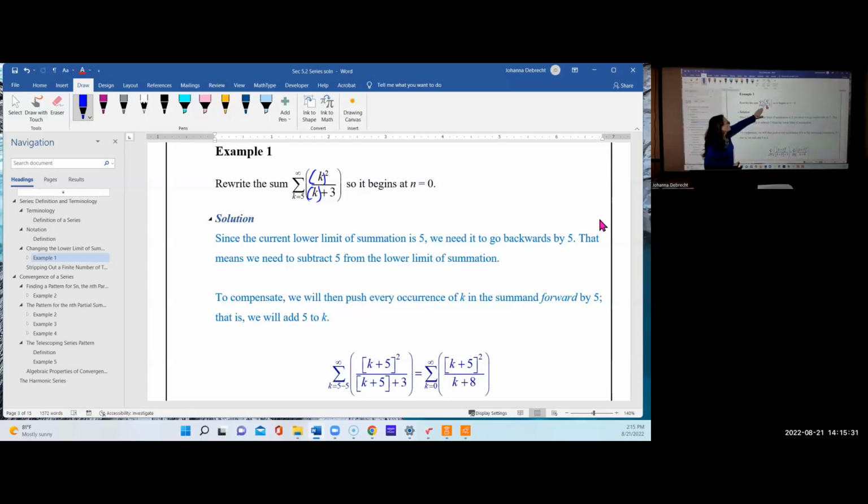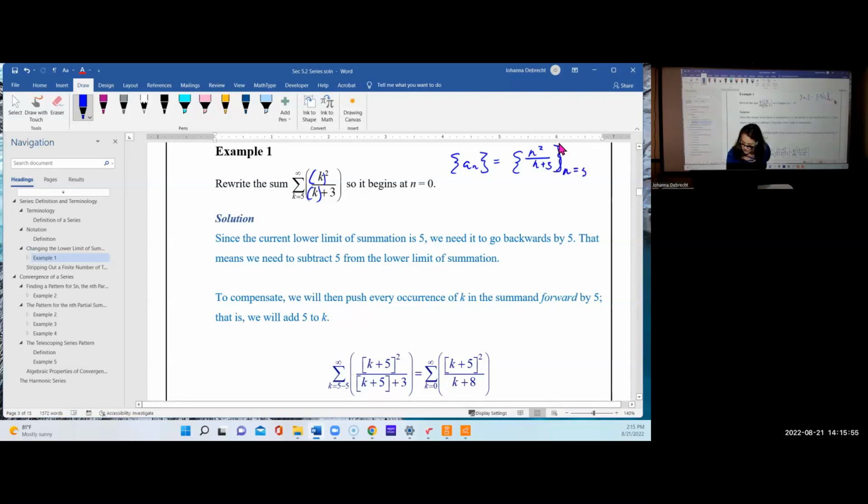Now, does this generate the same values? Well, let's check it and see. Let's start up here with k equals 5. So again, this is, of course, the sequence a sub n, which is equal to k squared, or we could write it as n squared, over n plus 3 from n equals 5 to infinity. So I'm going to have a sub 5, a sub 6, a sub 7, a sub 8, and so on. This sequence, as originally written, starts with subscript 5. So if I'm going to write out the terms of the sequence separated by commas, instead of the terms of the series separated by pluses, I need to just substitute the subscript in place of the index,